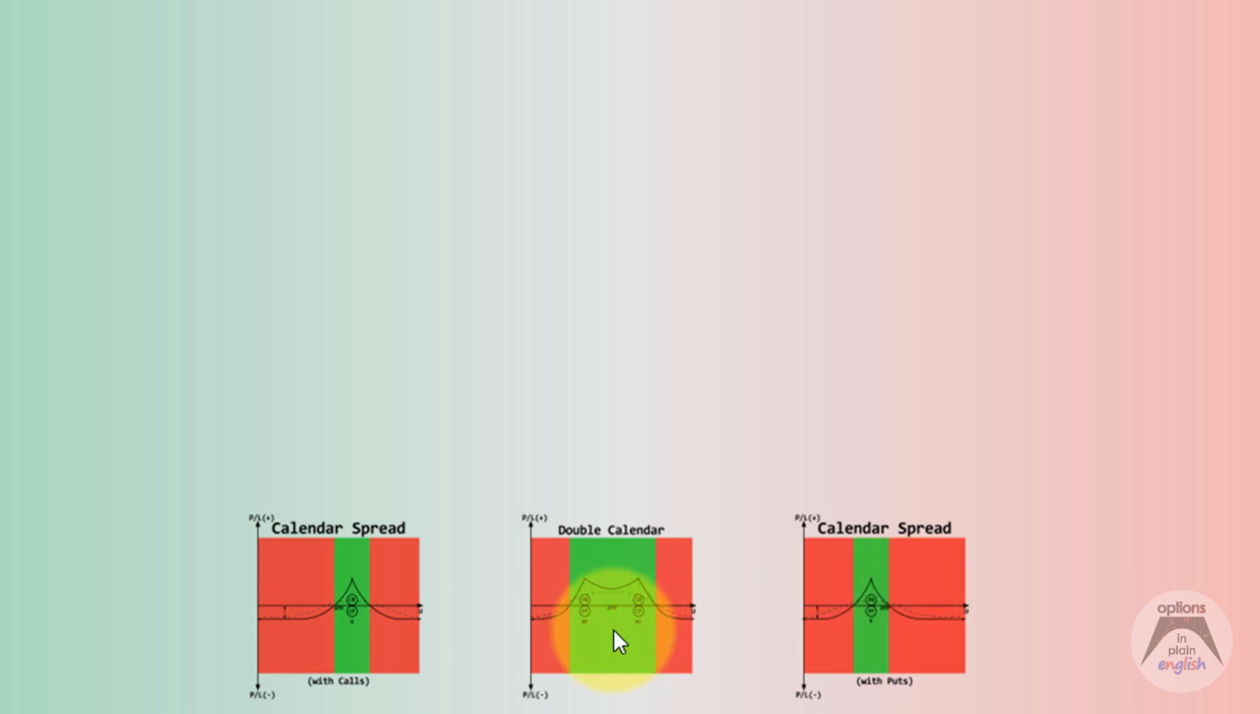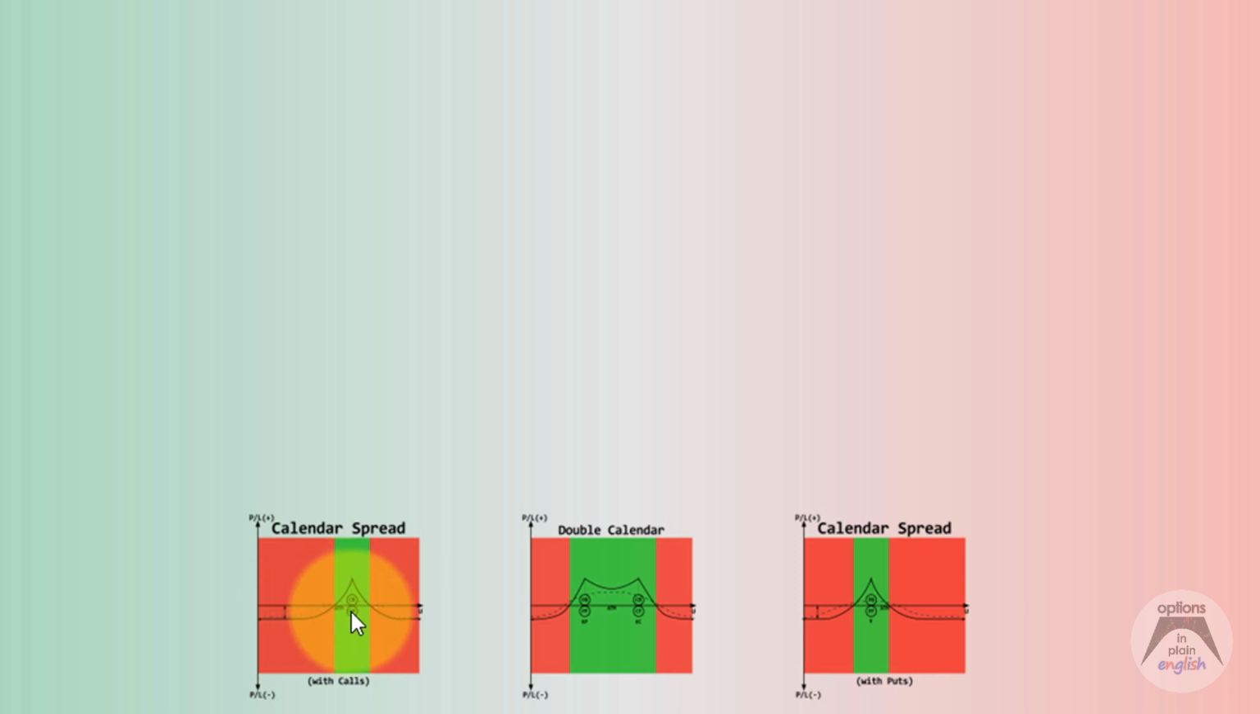What you're doing is you're using two different expirations, a front month and a back month, and you're selling the front month and you're buying the back month. In the case of a calendar spread, you use the same strike price and you sell the front and you buy the back. So this one is initiated for a debit, and these strategies are theta positive and also vega positive, because